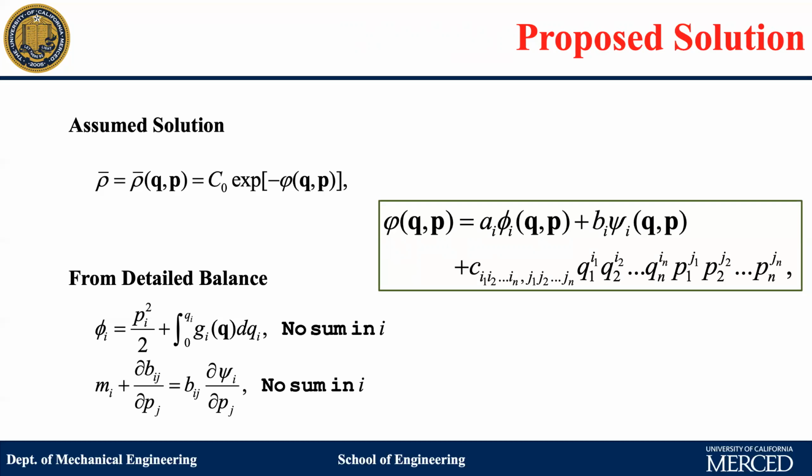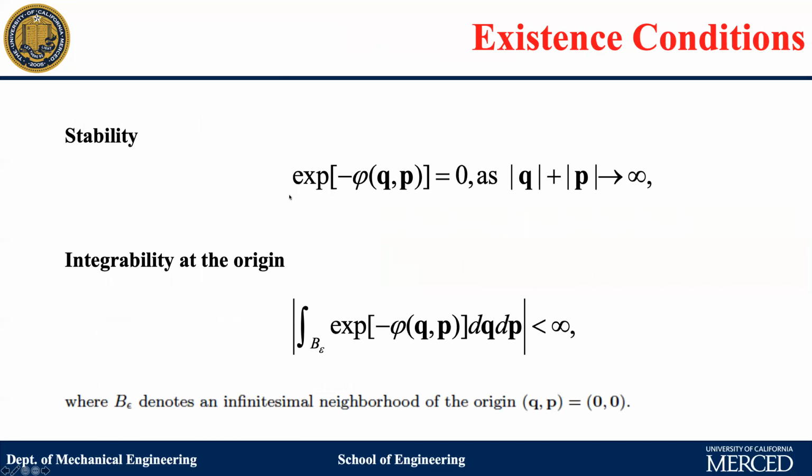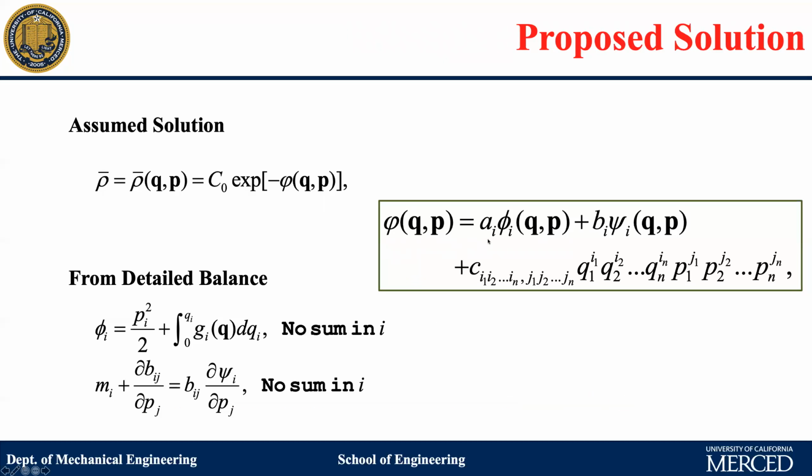So we propose an approximate solution approach by defining the probability potential function phi here. Phi is defined as a linear combination of these two sets of functions, the phi_i and the psi_i, added up. Again, the repeated index implies summation. And since these are not necessarily chosen solutions of the system, we add polynomials to make corrections to the total solution.